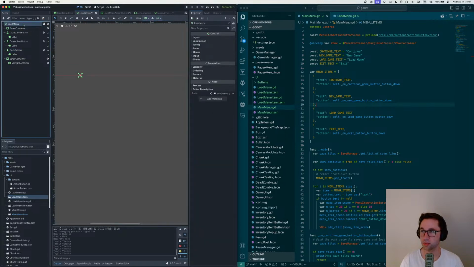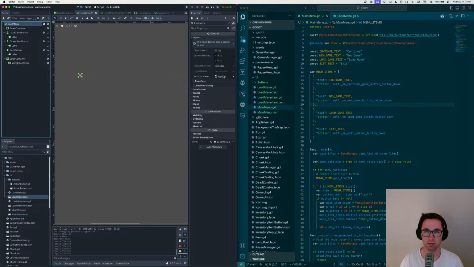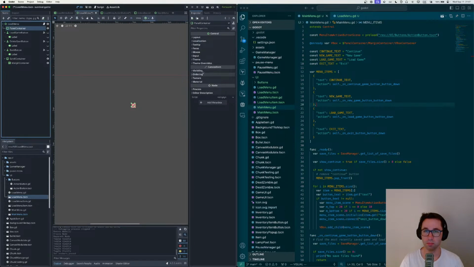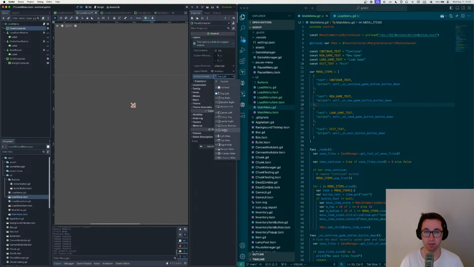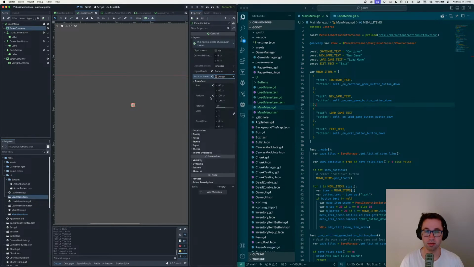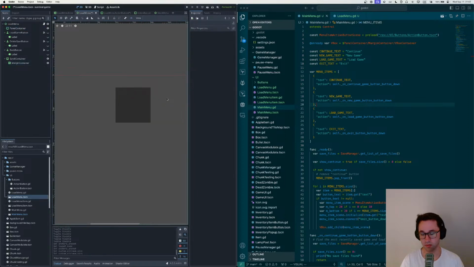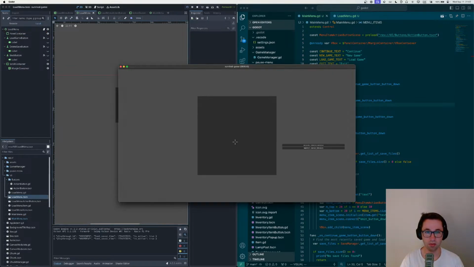All right, we've got this panel container. So we want the anchors preset to be center. We want the panel container layout mode to be anchors. We also want everything to be centered. We would like the minimum size here. Let's also do 1000 by 1000. Okay, so if we go into our scene, load,